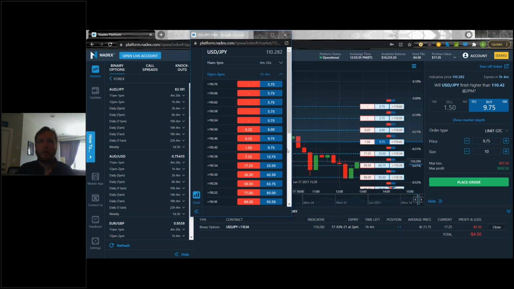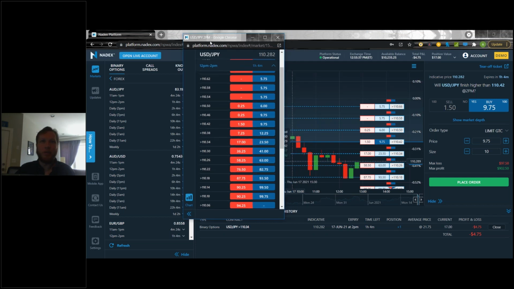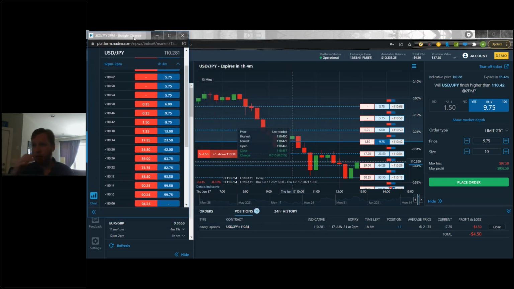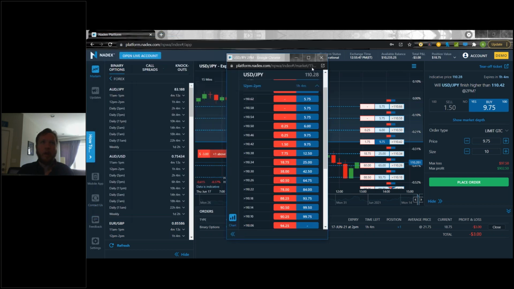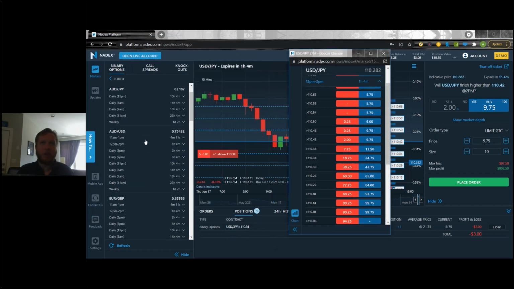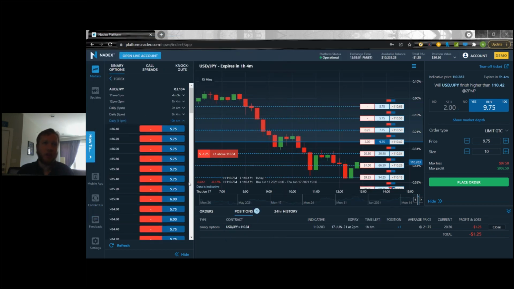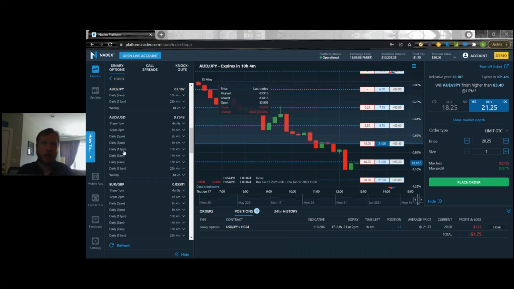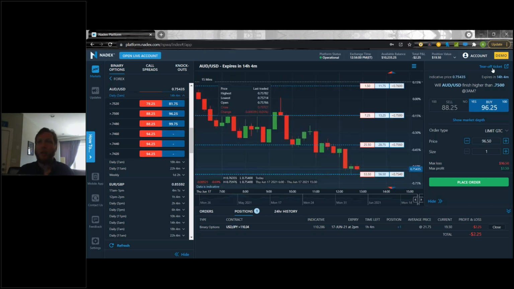Sorry, I know I'm going through this kind of fast, but I do want to make sure we get through all the charting. The one thing I actually love about tear-off tickets, because we do get asked this, is how I can customize my screen. I have 2 screens here, but I'm going to try to show you this on just one. Let's say I want to trade the Aussie dollar yen, the US dollar yen, Aussie dollar US dollar. I have all these that I want to trade, so I can tear off all of these.